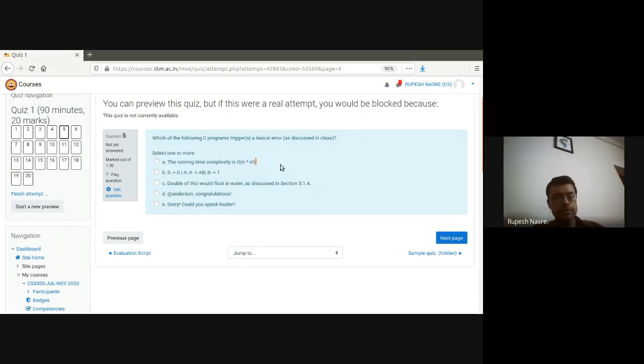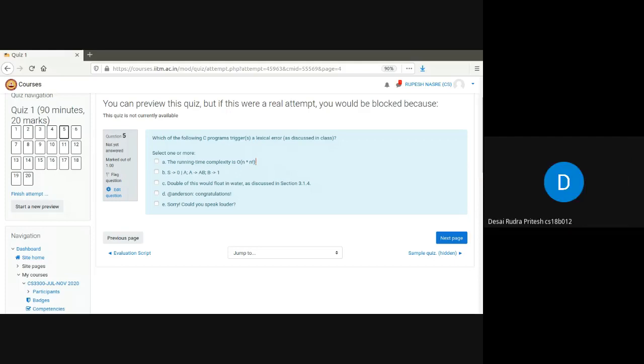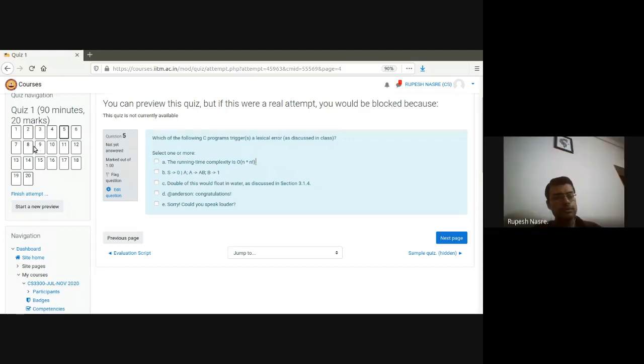Sir, but why are we worried about the parsing here? We just have to find the lexical error, right? No, I am talking about the parsing also. The reason is that there are some things which have to be done in the parsing, and therefore it should not be there in the lexical analyzer.